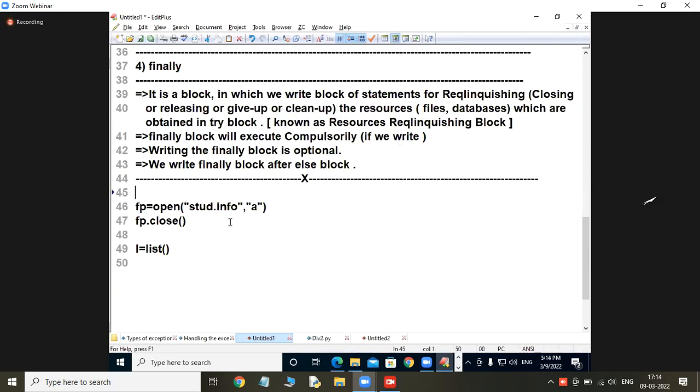Inside of it, what is calling? One garbage collector will come. That will deallocate the memory space for fp also. That will remove the memory space. I will show you this program in OOPS. The word called cleanup is a very, very important terminology. I am not going to remove the records. I am going to remove the object pointing to the file. Once I remove that fp, automatically the file is in closed mode only. That is the meaning of cleanup.